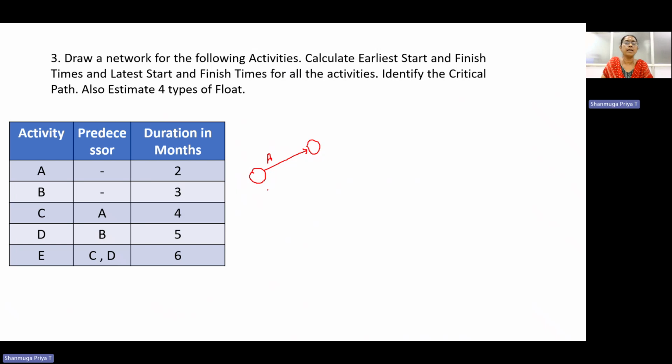A and B are starting activities, which have durations of 2 and 3. Then C follows A and D follows B. C follows A, D follows B, which is a simple